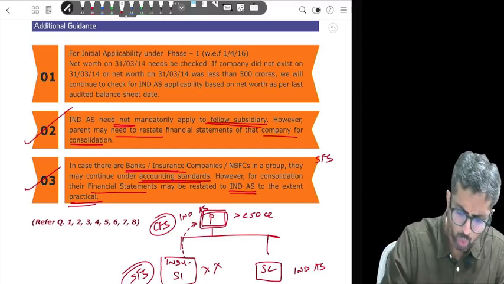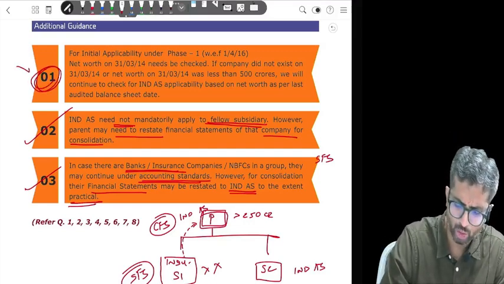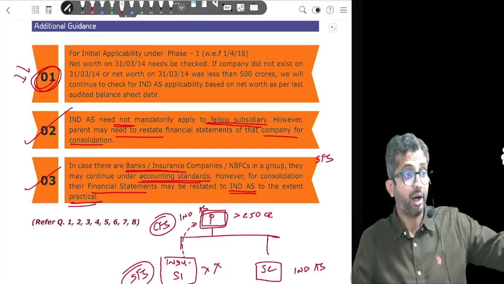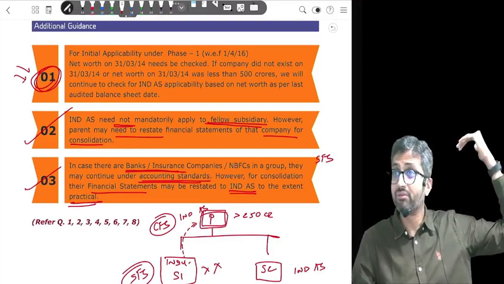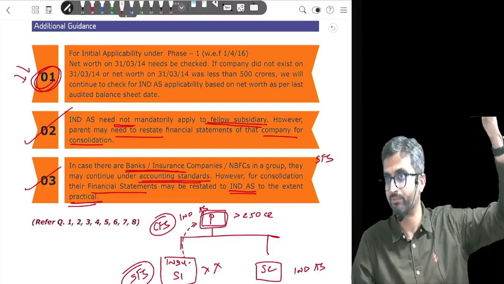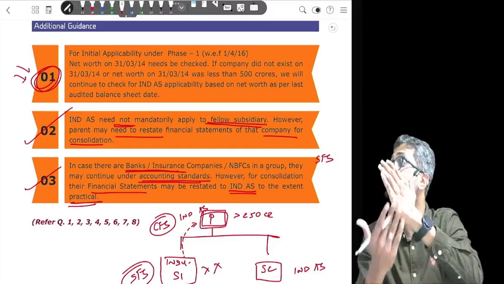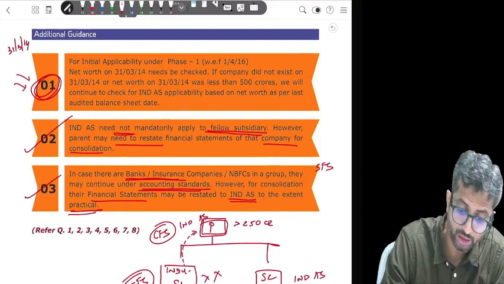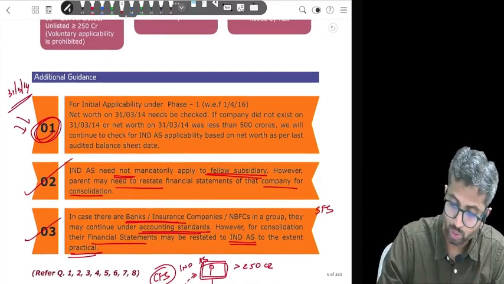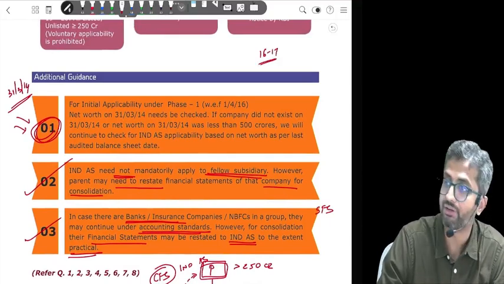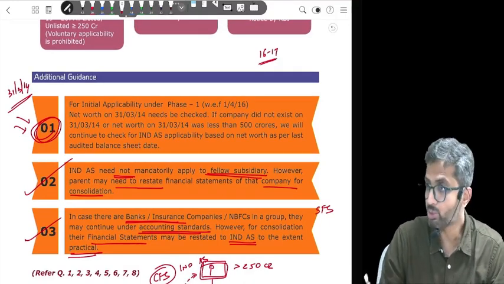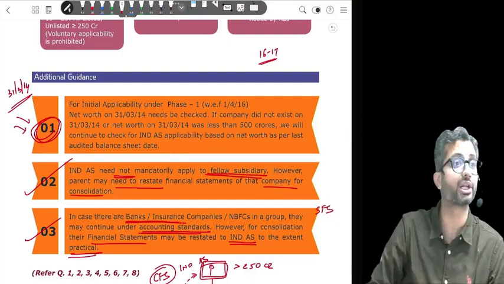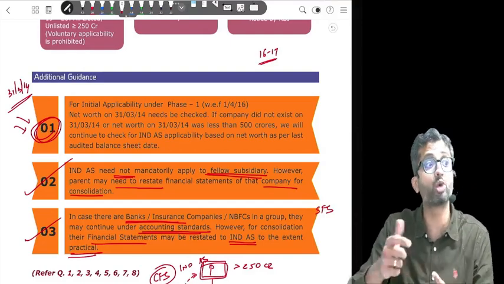Okay. Now there is one small thing for which the institute has asked you a few questions in the study material. In my opinion, in the exam it will not come. This was a decade back when we were moving to Ind AS for the first time. At that point, they had given you a cutoff date. Cutoff date was 31st March 2014. So my Ind AS would mandatorily apply from 16-17, but if I suddenly tell you 16-17, let us prepare as per Ind AS, companies don't have enough time to adjust.